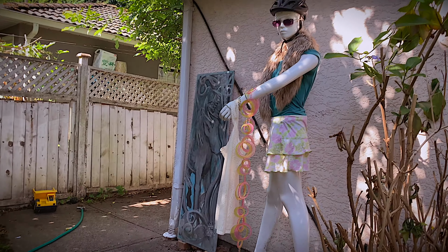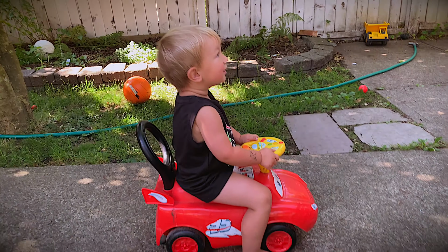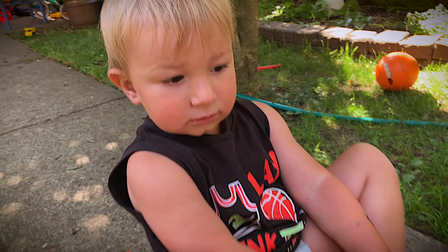with the mannequin. She's got her helmet on. Got no helmet on. Uh-oh. What